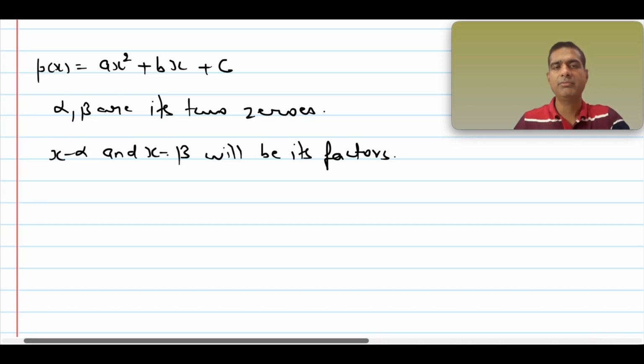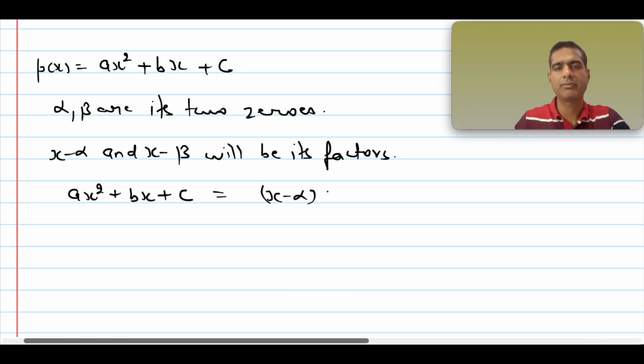So x minus alpha and x minus beta are the factors of p of x, the quadratic polynomial in fact. So its degree is 2, and if I multiply x minus alpha and x minus beta, its degree will also be 2. So we can say that ax square plus bx plus c will be of the form